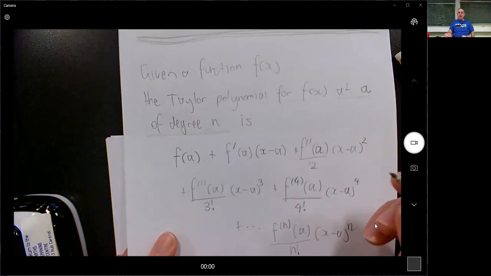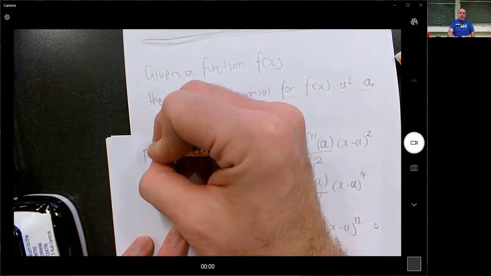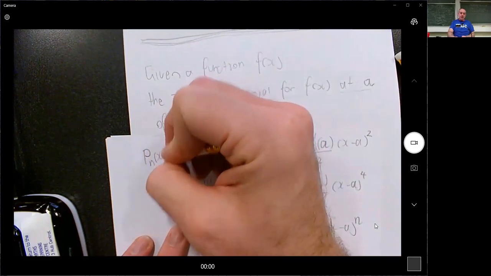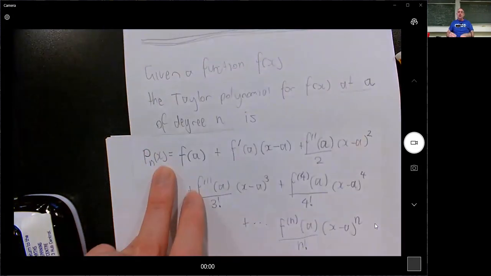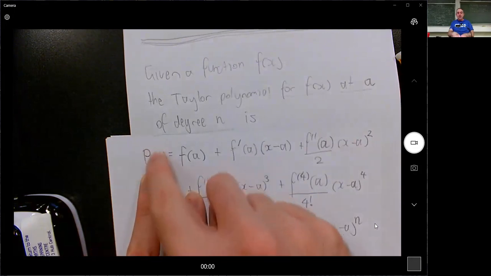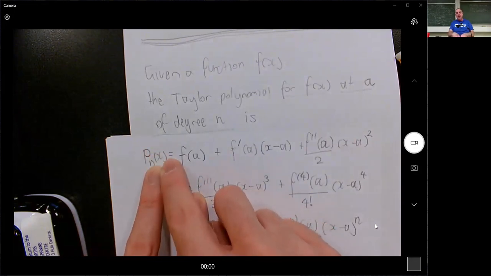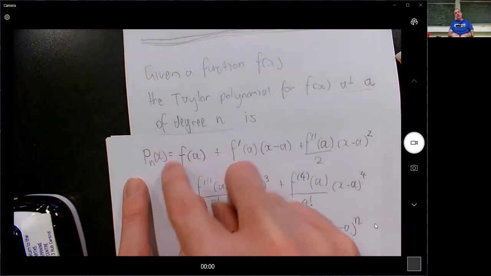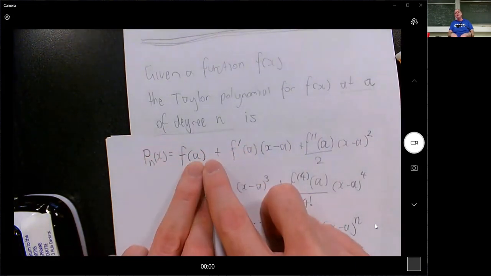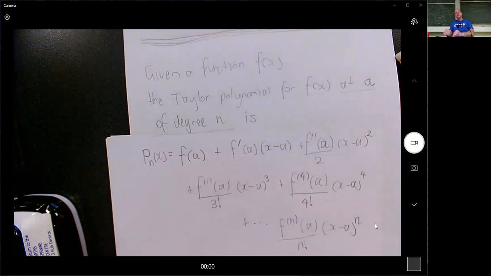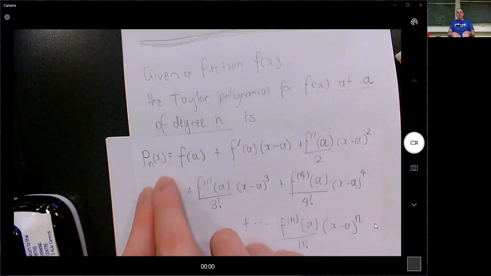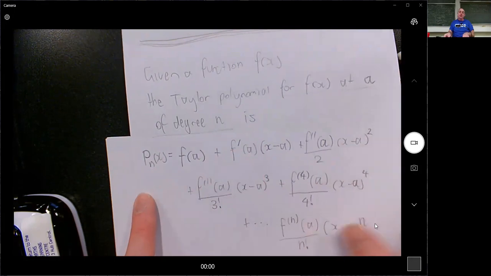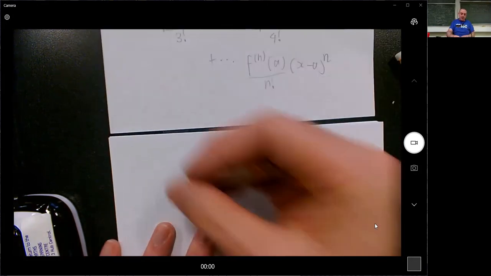I'm just going to stop and do one more thing. It's traditionally called Pnx. But there's nothing stopping you calling it anything you want, but it's traditionally called P for polynomial, N for the degree, and X. So unfortunately, the notation that you write here doesn't indicate what the value of A is. And so there will be a different one for every A, but you don't normally tell people what that is in the notation. So just to be clear,